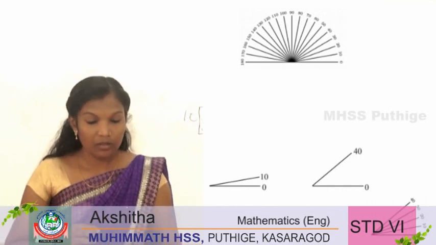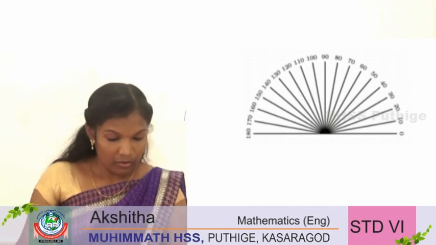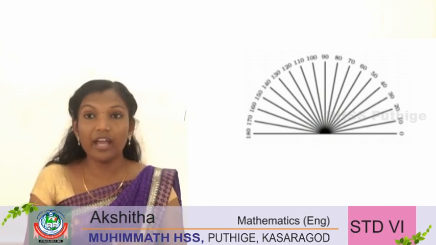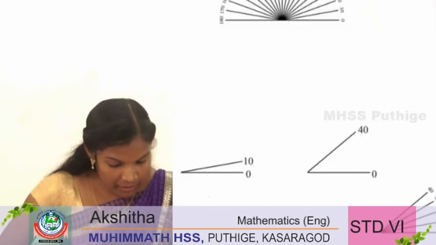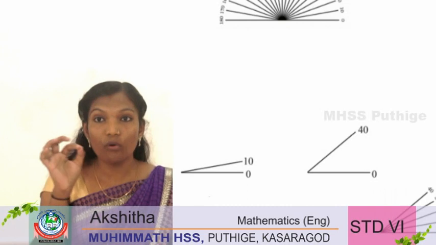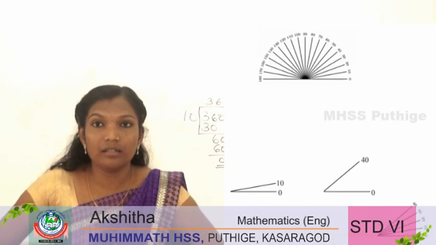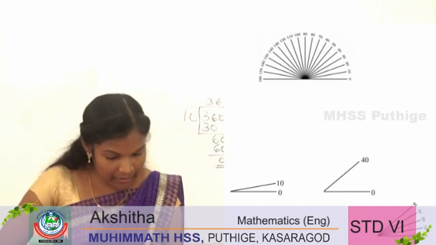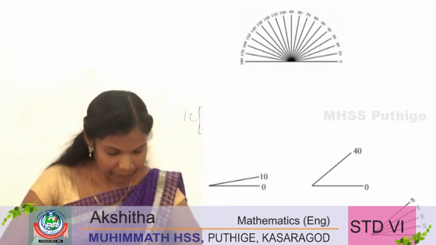First one, to draw the angle of 10 degree, first you have to draw the line. Then we have to mark the point 10 degree. You can see small angle next. Another one is 40 degrees angle. Angle of 40 degree made by 4 angles of 10 degree each. You can see that picture of 10 degrees small angle and 40 degrees big angle.